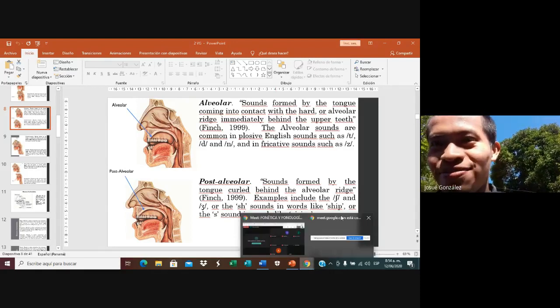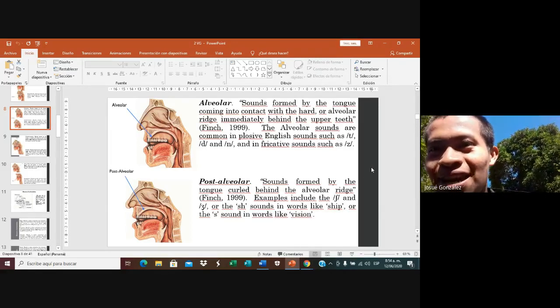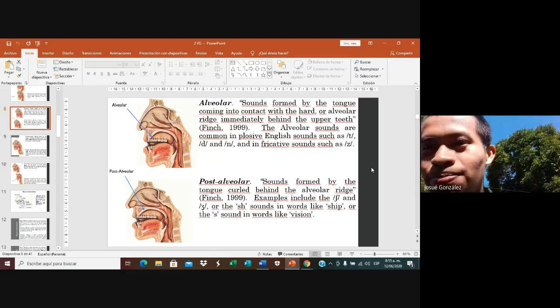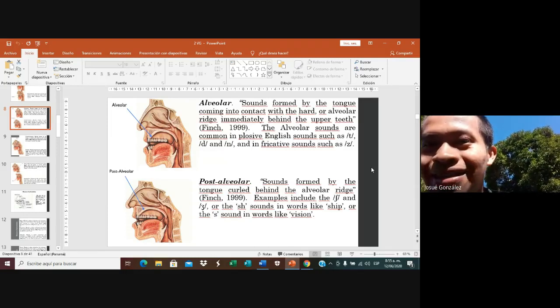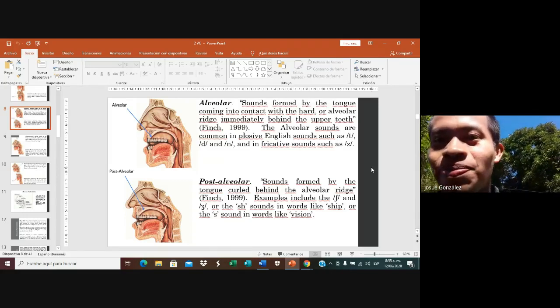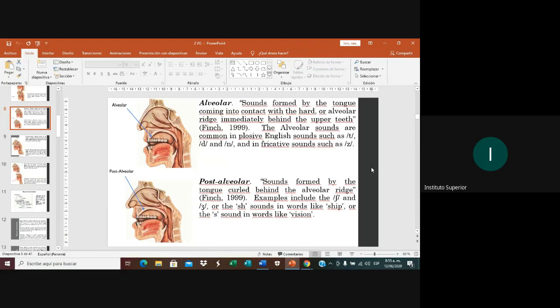Post-alveolar sounds are formed by the tongue curling behind the alveolar ridge. Examples include the sh sound in words like sheep, and the sound in words like vision. Okay, thank you. The post-alveolar sounds occur when the tongue blocks the airflow at a point just beyond